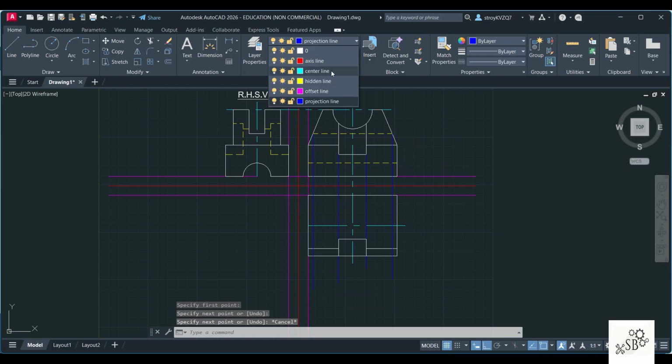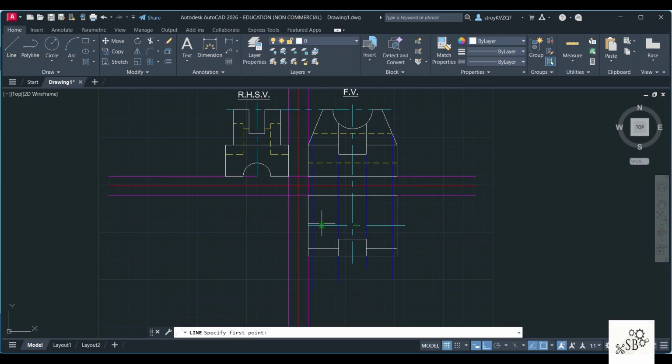I will go to line again, 0, 1. From here, we will require the slot is 16, so it is 8 on each side. So I'll join up to here. This is 16, and then join here. So you have drawn the central one which is there.